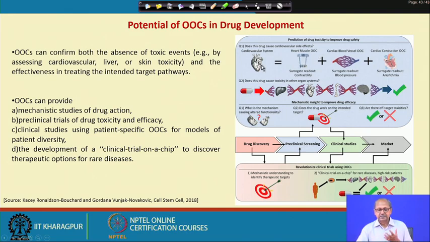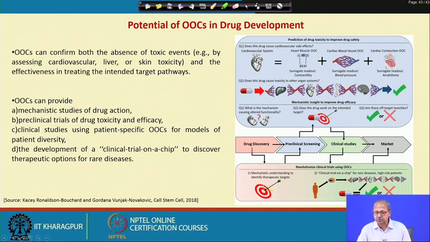Then we look for side effects at the level of other organs: does this drug cause toxicity to other organs? This is a cardiovascular drug, but does it affect the liver, the bone marrow, or the brain, meaning the blood brain barrier? So, these intra- and inter-organ drug toxicities could be assayed in a microfluidic platform using different organ on chip models. Then we ask whether the mechanism causes altered functionality, and whether the drug works on the intended target. If it passes through all these things, then possibly we can go for clinical study.